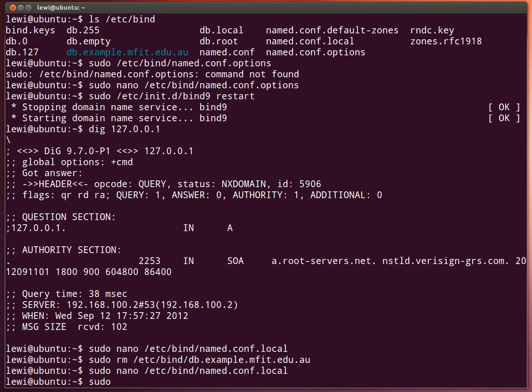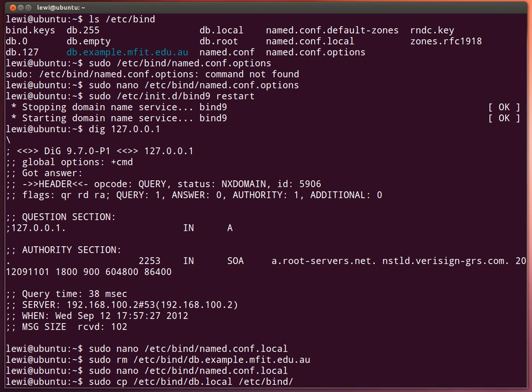So to do that, we're just going to use the copy command, sudo cp, and there happens to be some files that already live in the bind directory. So we're just going to go there, and we're looking for a db file, db.local. Now this file is for my local loopback or my local interface, and so we need to modify this quite a lot, but it'll do as a template, and that's all we're doing is taking a template. And we're going to copy it back into the same directory,